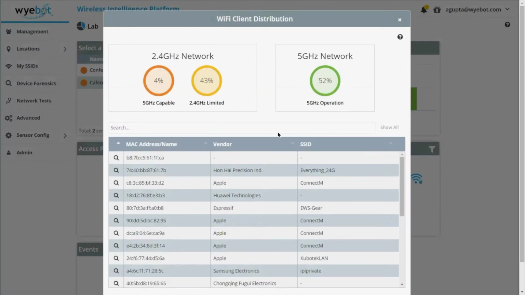So this one, the intention here is to show you a breakdown of all the clients that are connected on the channel that your AP is operating upon, and showing you what percent of those clients are actually connected to 5 gigahertz, whereas what are connected to the 2.4 gigahertz network. And the reason all of this came from was